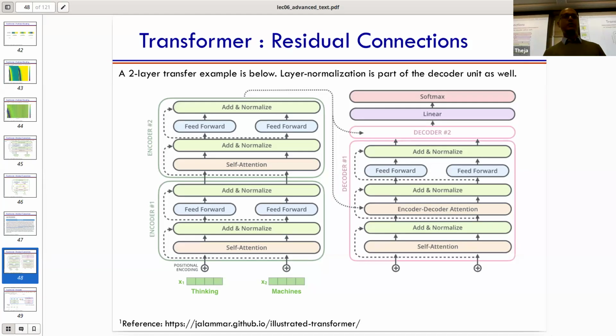Any questions here before we get into a little bit more detail about the decoder? Yeah. So within the encoder, the feed-forward layers are the same. But across the encoders, they're different. So this feed-forward layer here and this feed-forward layer here will have different weights, but these two in the same row will have the same parameters. Same thing, this self-attention here will have a bunch of weight matrices to produce the queries, keys, and values, and also to aggregate if it's a multi-headed attention setup. And those weights will be different from these weights. Unlike an RNN case where it's the same parameter being applied across the sentence length, because it's a different paradigm altogether.